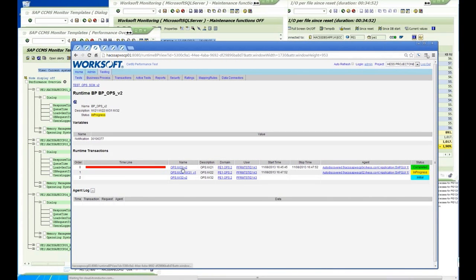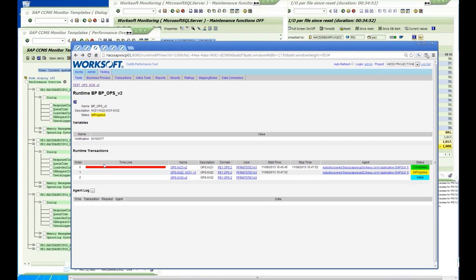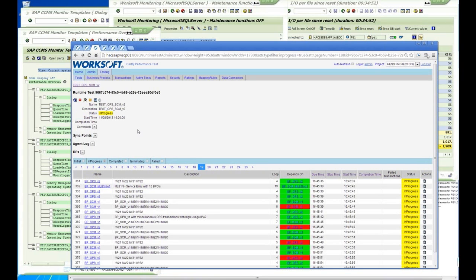Test is reconciled, 94% complete, so we should be completing in about, so we started at 4 p.m., 10-minute ramp up with a 15-minute runtime. It should be completing in about 10 minutes, 15 minutes. And these are the completed ones. In progress,